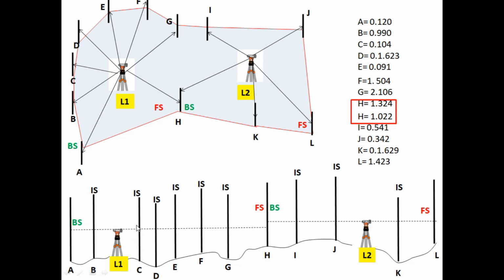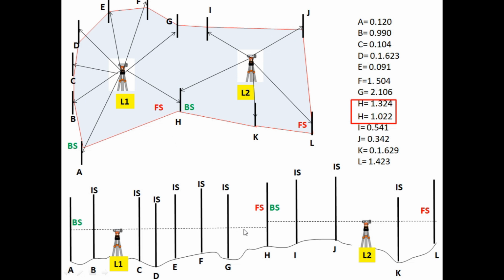Now from this height of instrument, if we reduce any of the staff readings, we immediately get the ground level. That is the most beautiful feature of this method. We don't have calculation problems like calculating rise and fall every time. Once we calculate the height of instrument and simply deduct the staff reading, you will automatically get the reduced level. Once the height of instrument is fixed, reduce all the observations one by one, and you will get the ground levels.